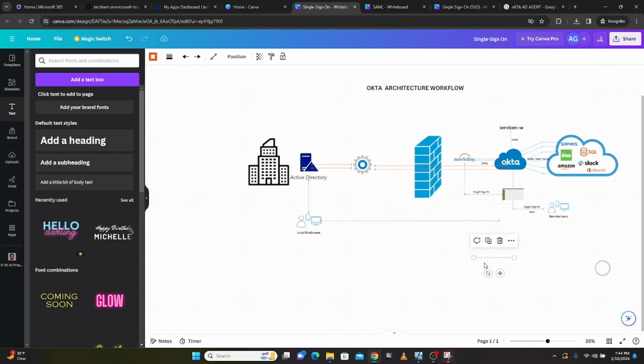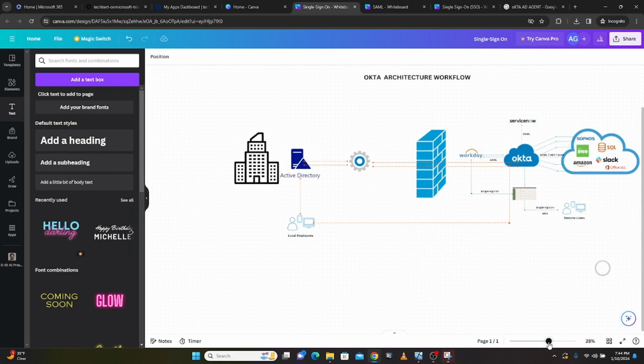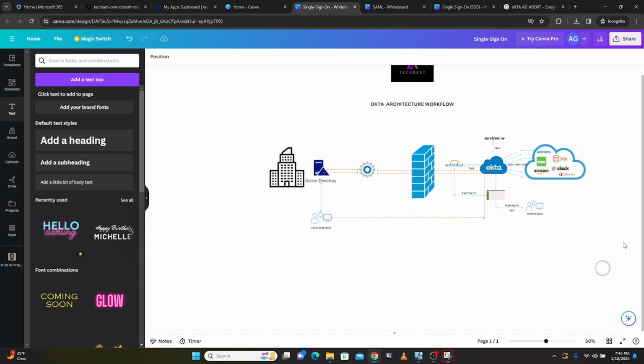Perfect. And let me just make sure that you can see this. Okay, so we have this one here. Oh man, I hate these arrows. Are you kidding me? Let me copy another one. So we're going to go through here and then go into Okta. Great. So as you can see, this is going to be our flow,